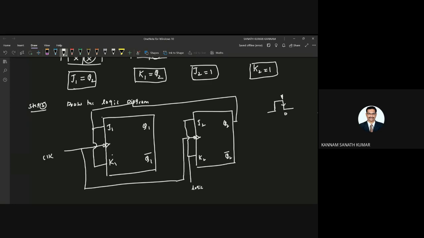Why? Because J2 K2 equal to 1. Okay, so you will take the states, that is Q1 and Q2. So like this you have to design a 2-bit synchronous counter.